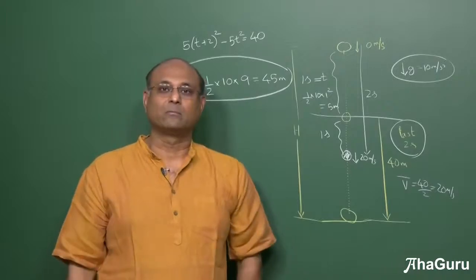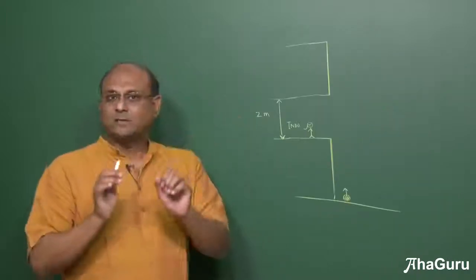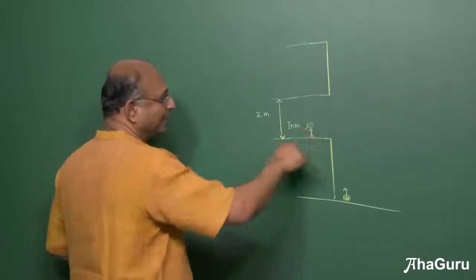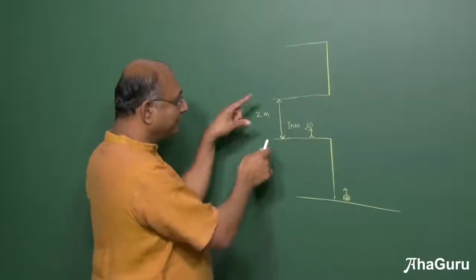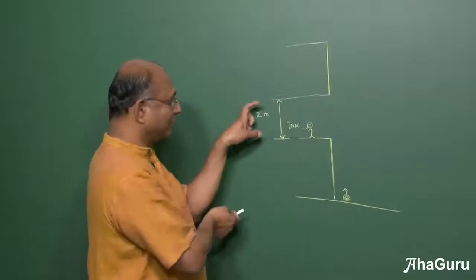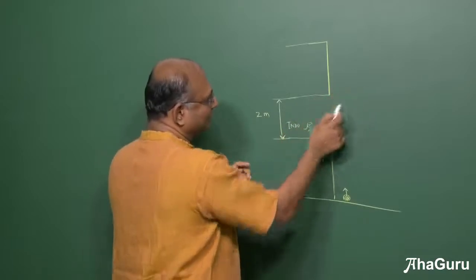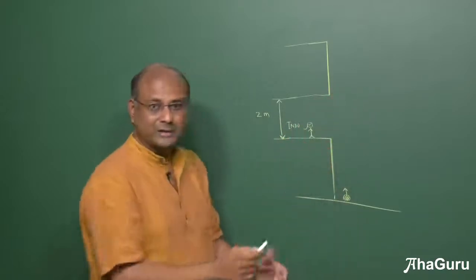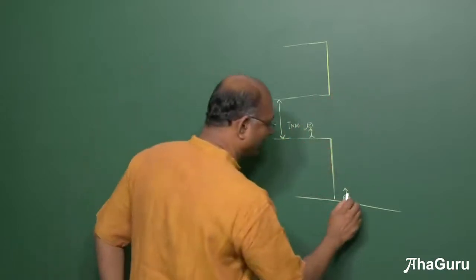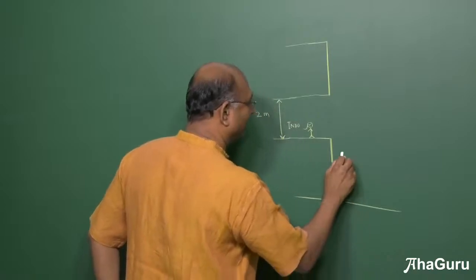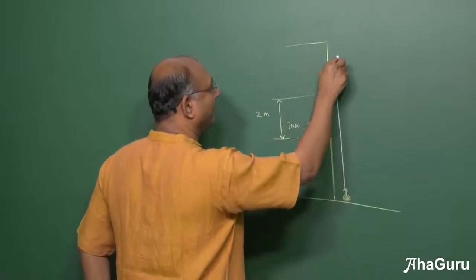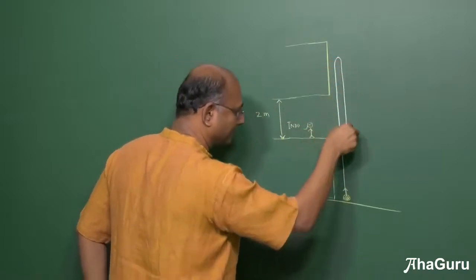Let us try one more. So in this question, we have Indu, who is basically looking out of a window. The window's height is given, it's a tall window. Okay, so basically the whole height is 2 meters. So she can see whatever is just outside the window. And there is a ball that has been thrown. Okay, so Naveen throws this ball up. And this ball goes up, and it turns and comes back.